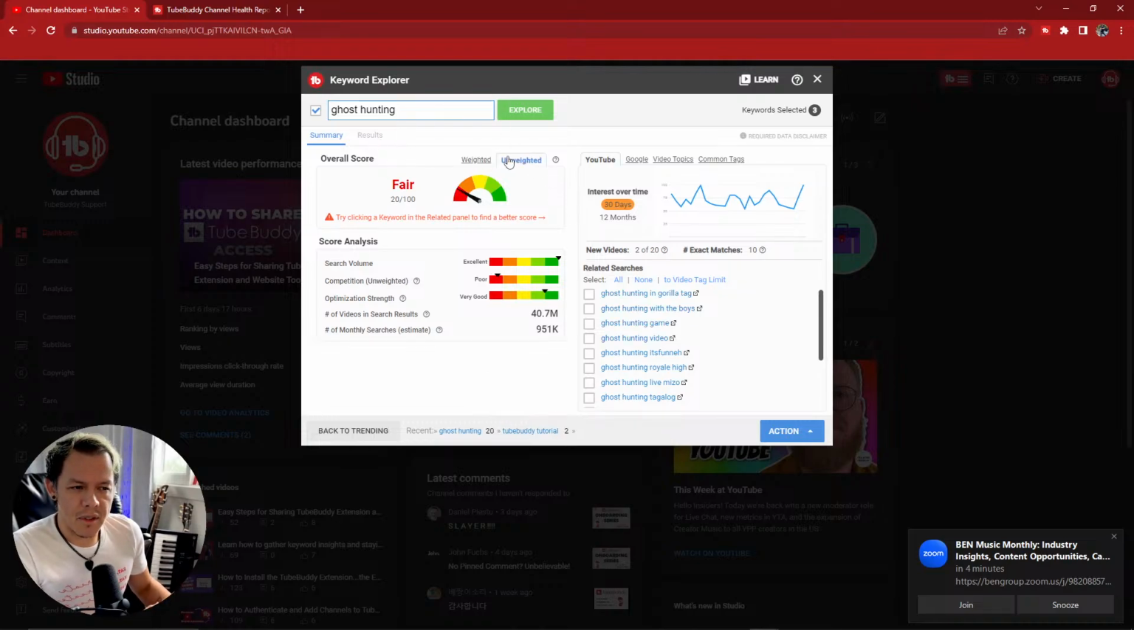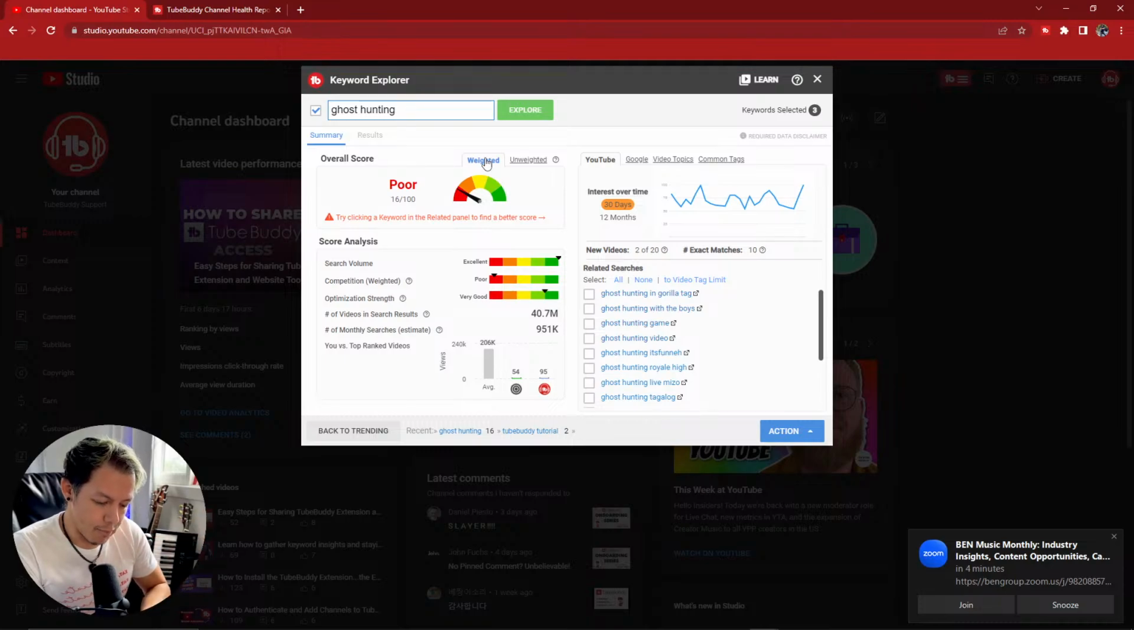So last thing is differences between weighted and unweighted. This can be confusing, so I want to pretty much bust the myth, or something, I don't know. Explain what this means. So right now we were looking at weighted. And if you're starting out with TubeBuddy, you might be on a free license or you might be on a pro license. Either way,